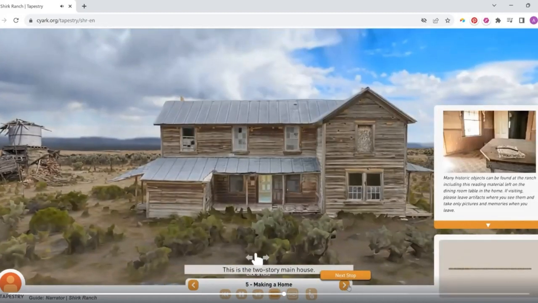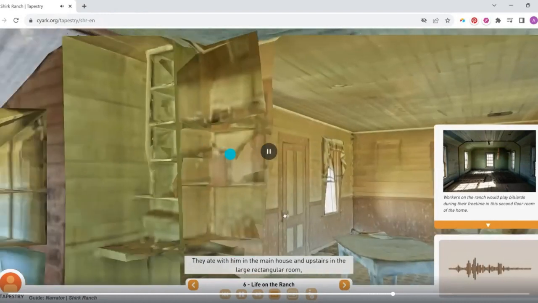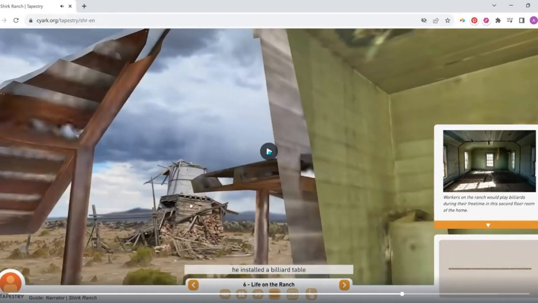This is the two-story main house. The horizontal pieces are weatherboard, and there's a metal roof that's replaced the original wood shingles. Historians date this building back to David Shirk's time, somewhere between 1883 to 1914. According to his memoirs, David Shirk didn't consider his ranch hands second-class citizens. They ate with him in the main house, and upstairs, in the large rectangular room,